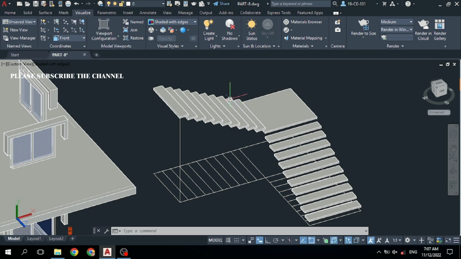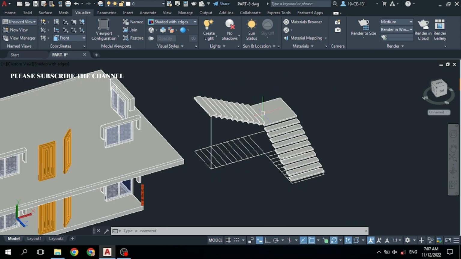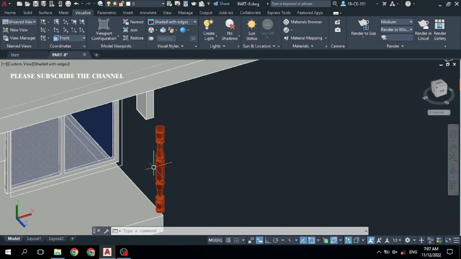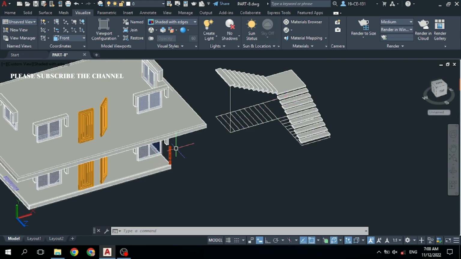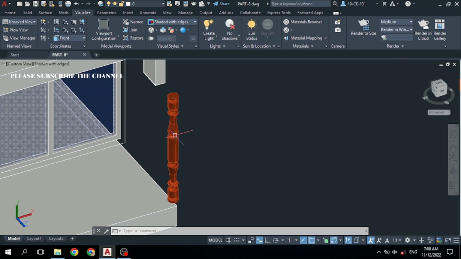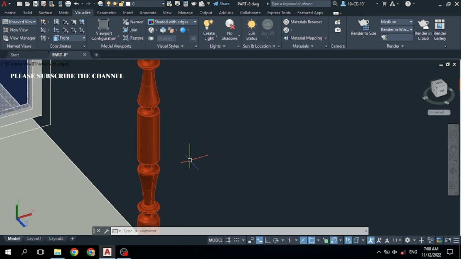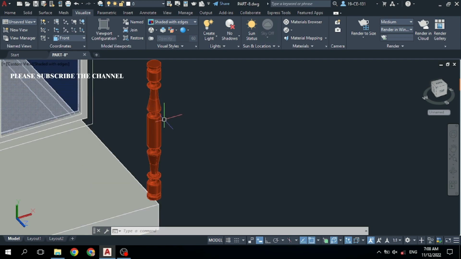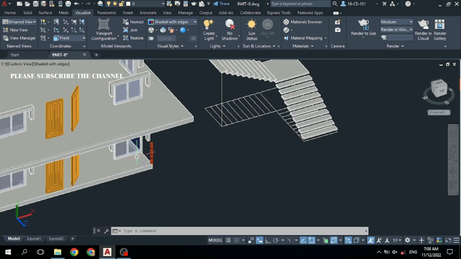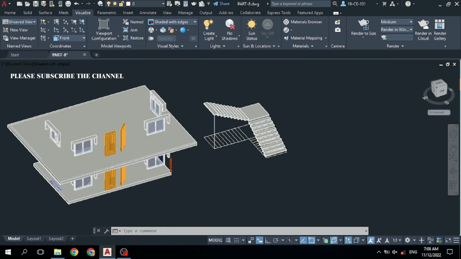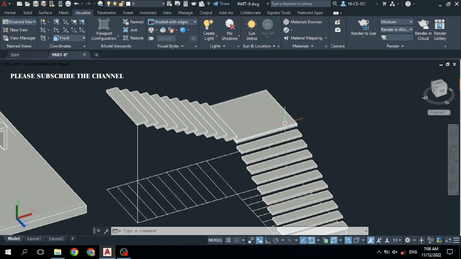So now I would like to sit here balusters. You know that I have already drawn this balusters. How to draw this balusters, so its video link is given below in the description, and go there and watch it, and at the end of that video you will be able to draw this baluster. So now I would like to copy it and sit at this stair. So for that